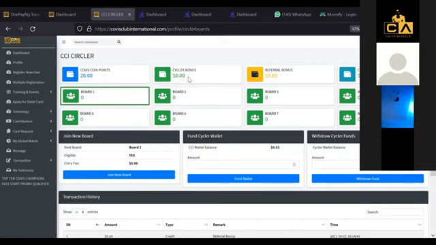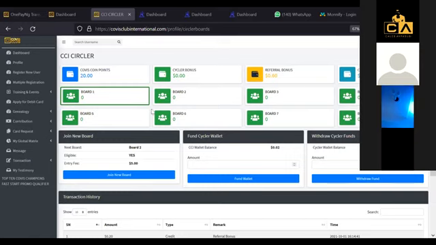So we have the cycler bonus. Cycler bonus is the bonus you get when you finish cycling, and I've explained that half of it will be taken for auto recycling, while half can be withdrawn. All right, so we have the referral bonus, which is 10% for every first entry and re-entering and all that. Then we have the cycler balance. This is the funds that you have.